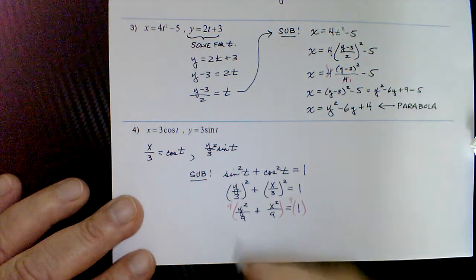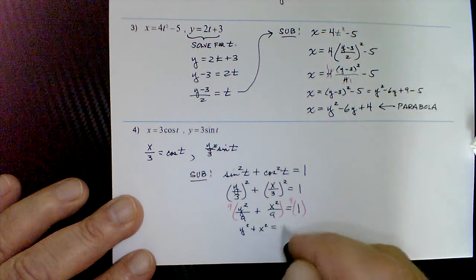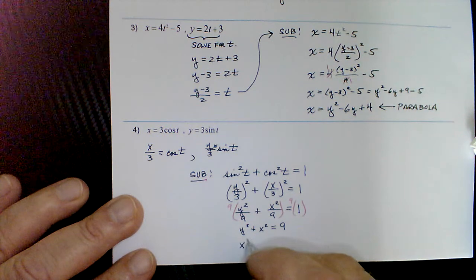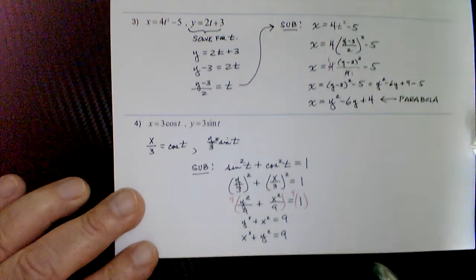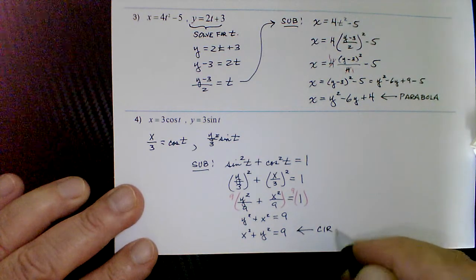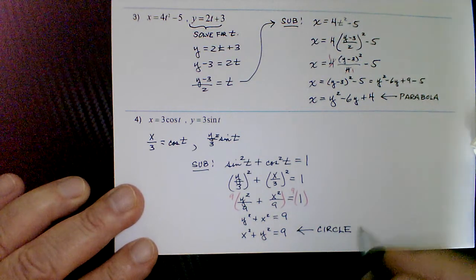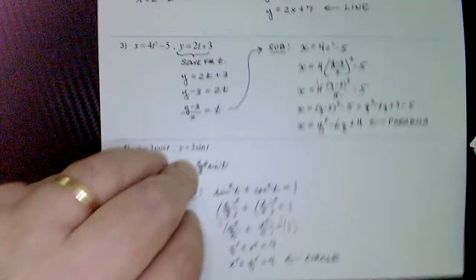And distribute that y squared plus x squared equals 9. And if you want, put the x squared first. And then you should easily identify that as a circle. Okay, as opposed to the next example,